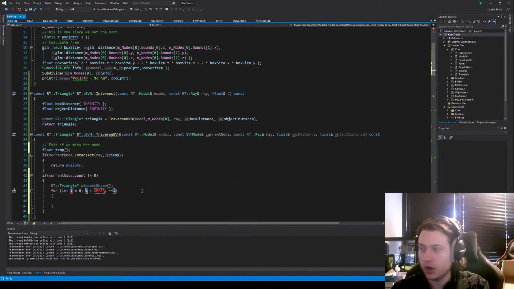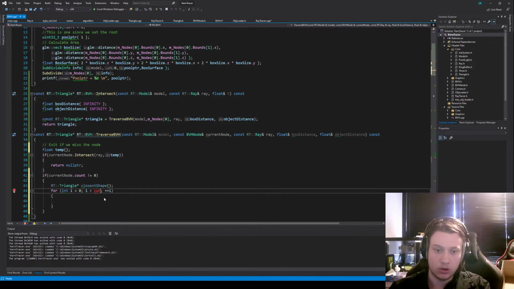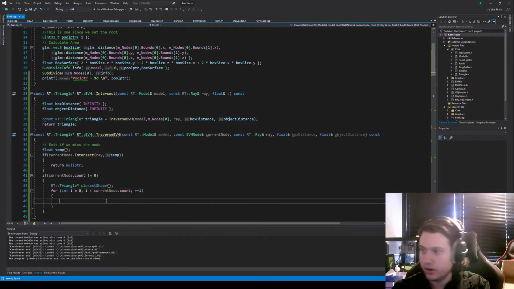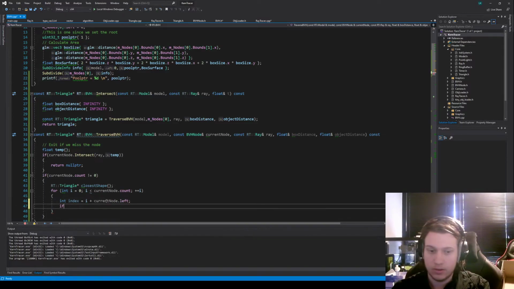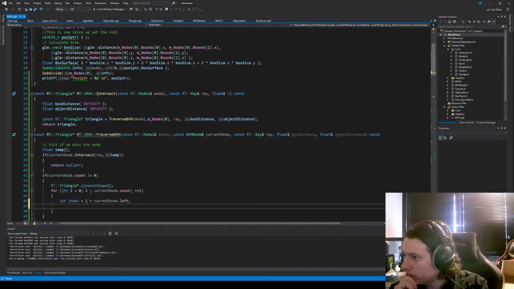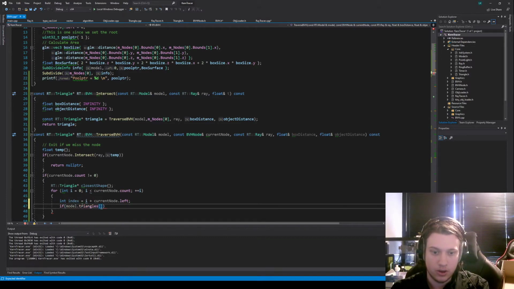And then we need a for loop. This is going to be i, and this can just be current node dot count, and then int index equals i plus current node dot left. And then if... why was this here? So if current node dot left greater than... no, sure, that's just a bad test, right? So insert objects, right? So then if model dot triangles dot index dot,